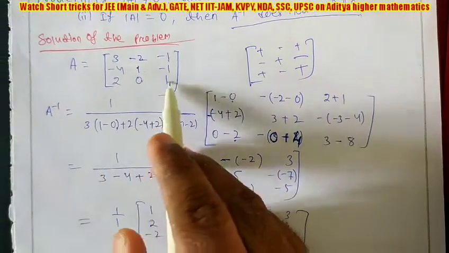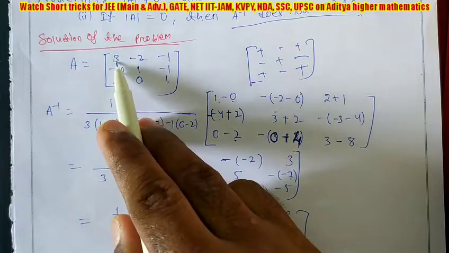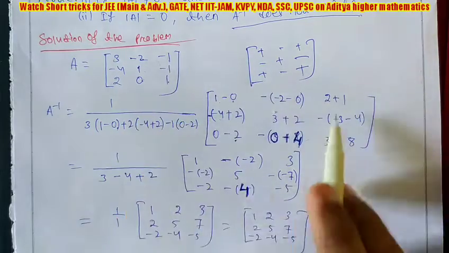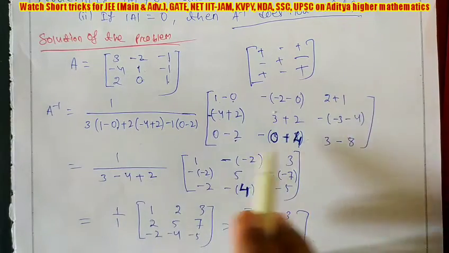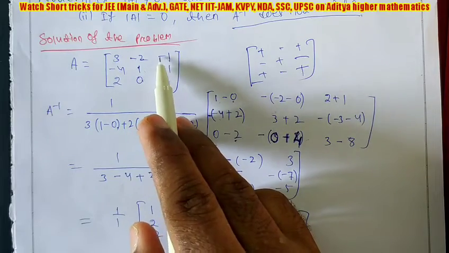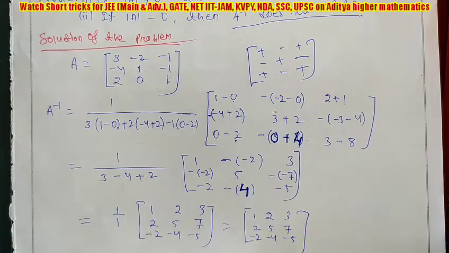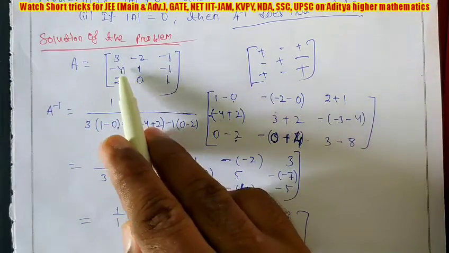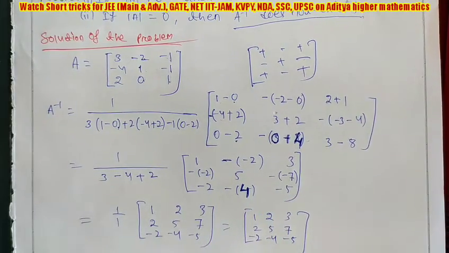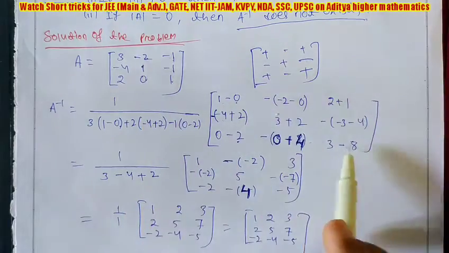Now compute the last row. For 2, delete its row and column. So minus 2 minus 1 is 2, and this is plus 1. 2 plus 1, write column wise. Then for 0, minus 3 minus minus plus, but the middle sign is minus, so 3 minus 3 minus 4 minus 3, and it is minus 4, but its sign is negative, so like this it is coming. And the last element, 3 minus 8, sign is positive.